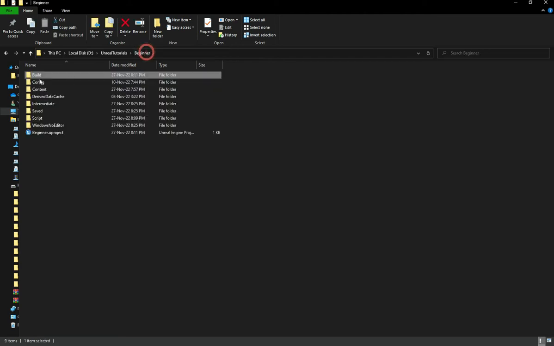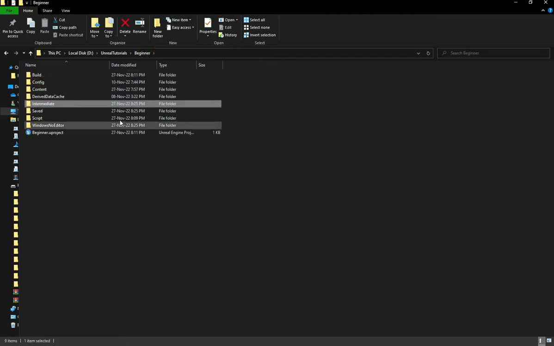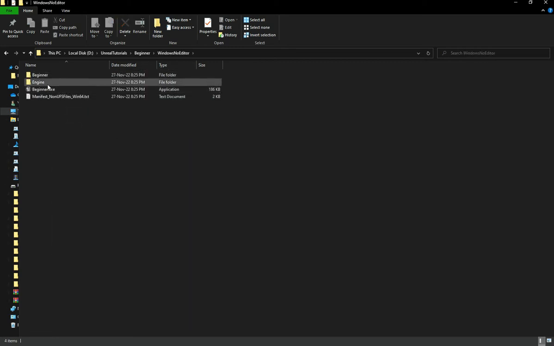Okay, that's not what's supposed to open. Oh yeah, you need to open just the Windows no editor folder. Alright, open that folder up, and you should see a file here called beginner.exe. If you double click on that,